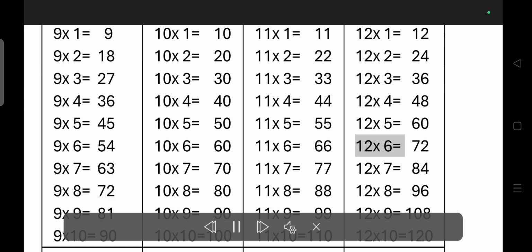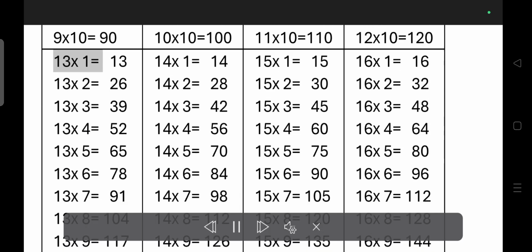12 times 6 is equal to 72. 12 times 7 is equal to 84. 12 times 8 is equal to 96. 12 times 9 is equal to 108. 12 times 10 is equal to